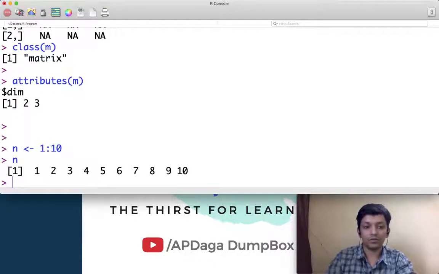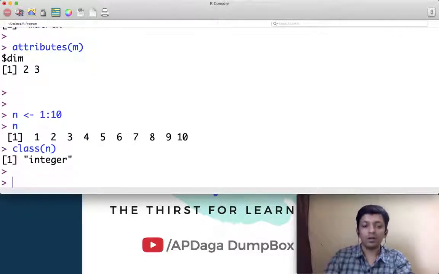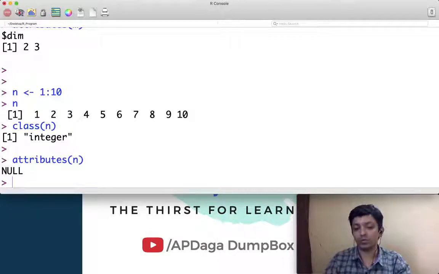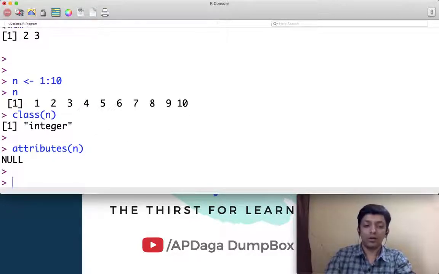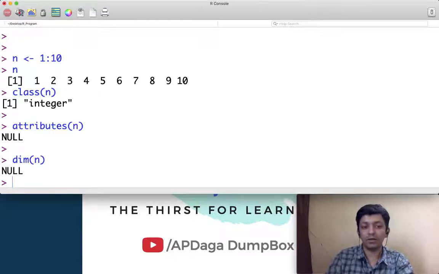Okay, so it is 1 to 10. If I check the class of n, it is integer. If I check the attributes of n, it is NULL, because right now we haven't defined any attribute for this variable n. If I take the dimension of n, it will again be NULL.